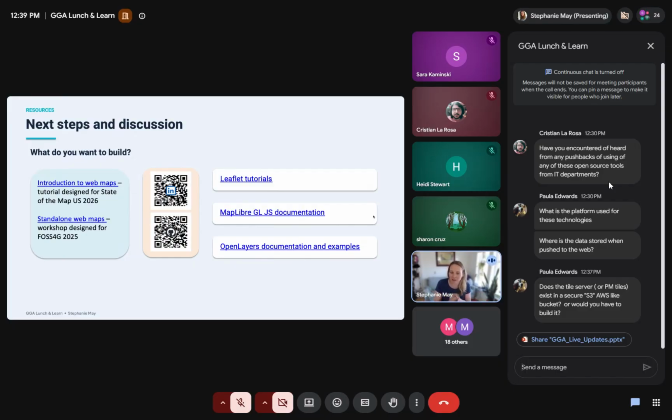The buckets are very, very cost effective. So a lot of folks put their PM tiles in what's called S3. And there's documentation for all of this on the PM tiles website. The other thing I'll say is you don't necessarily have to build anything. I think a lot of people get daunted by this because it feels like it's going to be as hard as setting up a web server, but it's actually not.